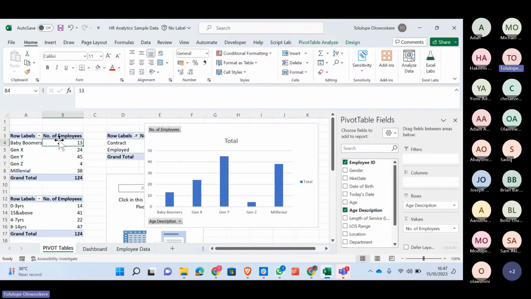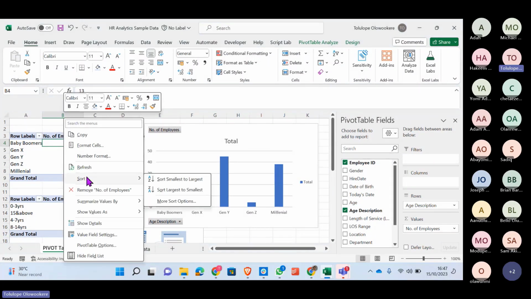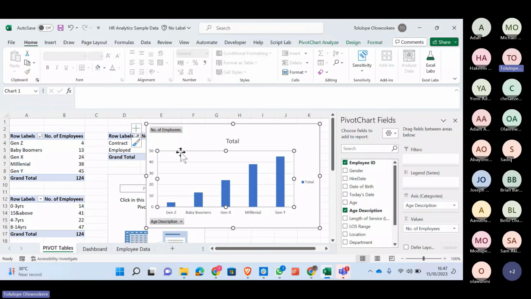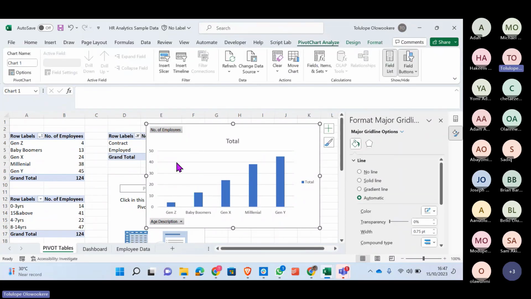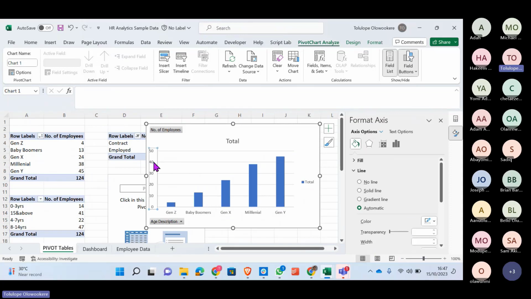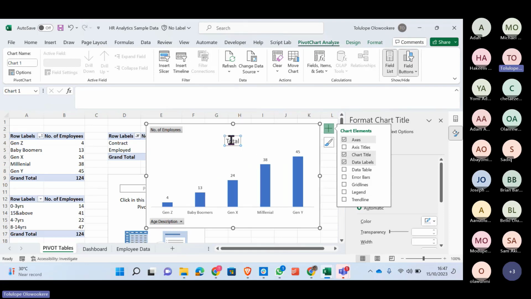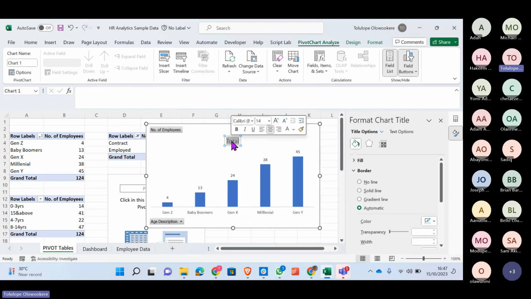How do I do that? I go to the table. Remember that this table is connected to this chart. I'll right click on it and then I'll say sort from smallest to largest or largest to smallest, any one that works. So I've just sorted my data. That's why the bars sorted automatically also. I'll remove this y-axis. I don't need it. I don't need the grid lines also. I'll add data labels. I'll remove this legend, and I'm going to rename this to